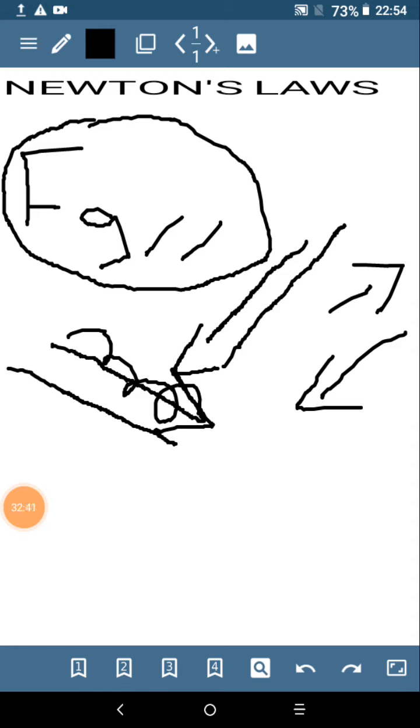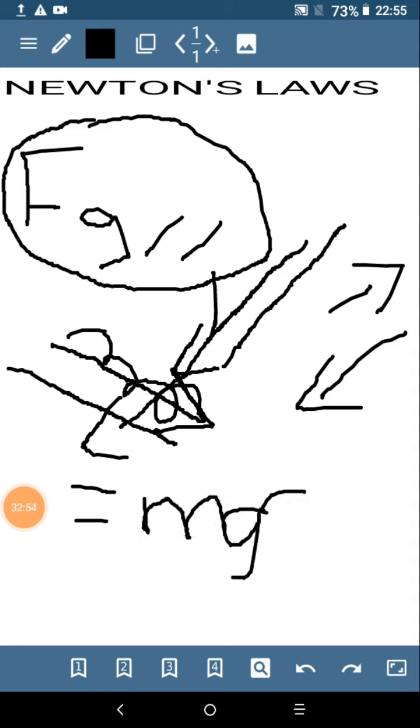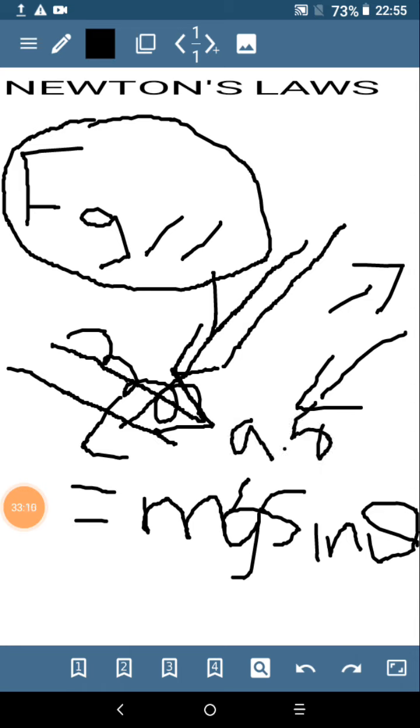object. So the equation we are using to calculate the parallel component of the weight is mg sine theta, m being the mass measured in kilograms, guys. G is a constant, which is always 9,8. It is always there. And what is this theta here? It will always be an angle between the incline